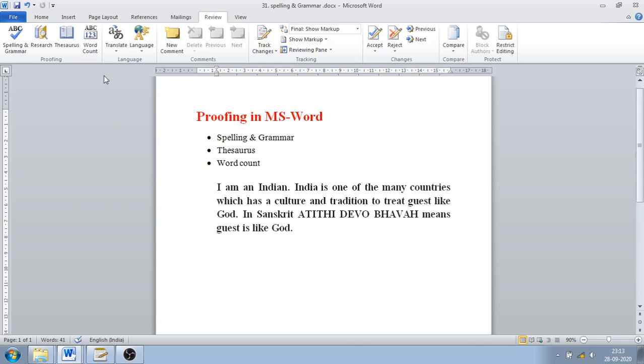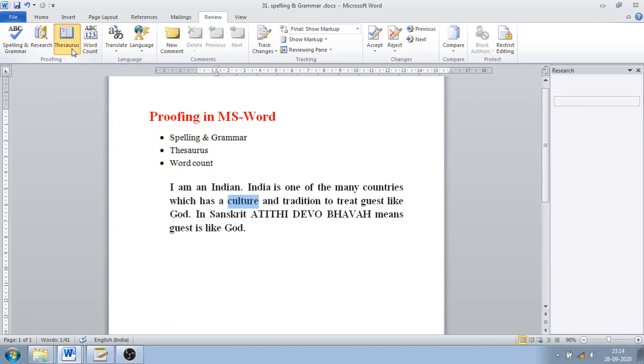Next thing you have to do is the thesaurus. So what does thesaurus mean? It will show you the similar meaning words for the words in your document. If you want to search for similar words for, say, culture, then you have to select the word and click on the thesaurus.